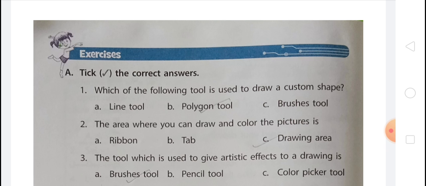After that, the color picker tool. The color picker tool is used to pick a color from the picture and fill exactly the same color in another area or object. To use the color picker tool, you have to follow some steps. First, draw one more balloon in a drawing. Second, in the tools group, select the color picker tool. Third, bring the pointer to the drawing area. The shape of the pointer changes to a dropper.